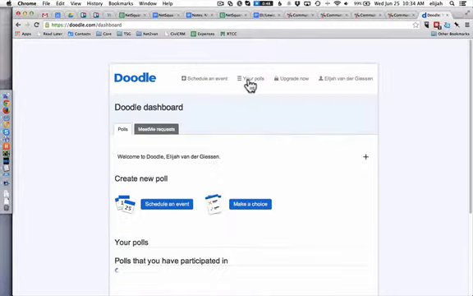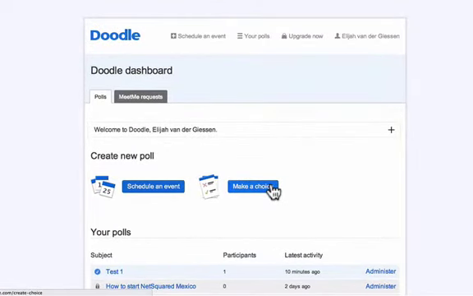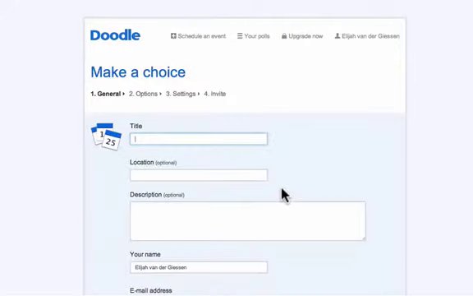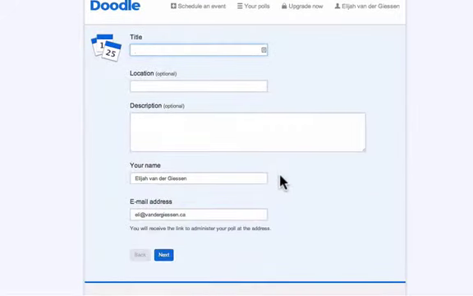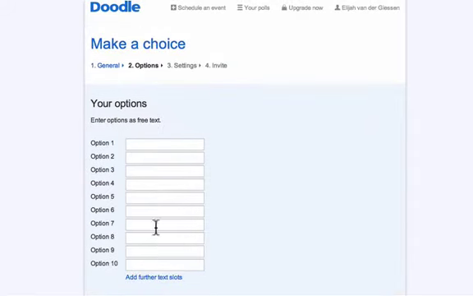Go into your account page and select the Make a Choice option because we're not doing something based on a calendar. From there, it obviously asks you for a title, and so I'm just going to put in like NetSquared Vancouver. Location, we can worry about all that later, so you click Next. And then you just start putting in your job titles, which you can of course steal from the list that we've created for the wiki as well. So I've got, how about Awesome Job 1,